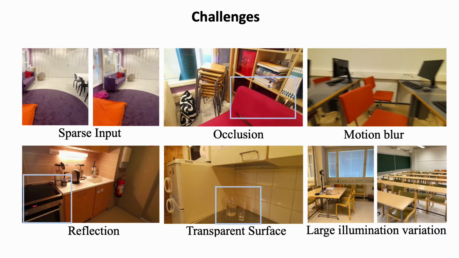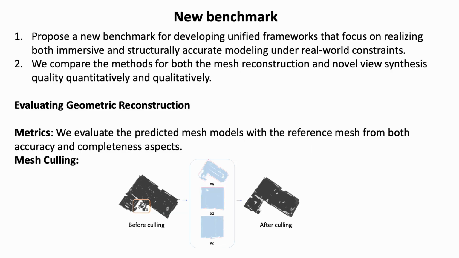The MuSHRoom dataset introduces several practical challenges, including sparse input, occlusion, motion blur, reflection, transparent objects, and significant illumination variations, which are detrimental to the training of the reconstruction and rendering models. We propose a new benchmark for developing unified frameworks that focus on realizing both immersive and structurally accurate modeling under real-world constraints. These frameworks are optimized for consumer-grade hardware and operate in an end-to-end fashion. They take as input RGBD sequences captured by consumer devices and output both accurate 3D mesh models and photorealistic images